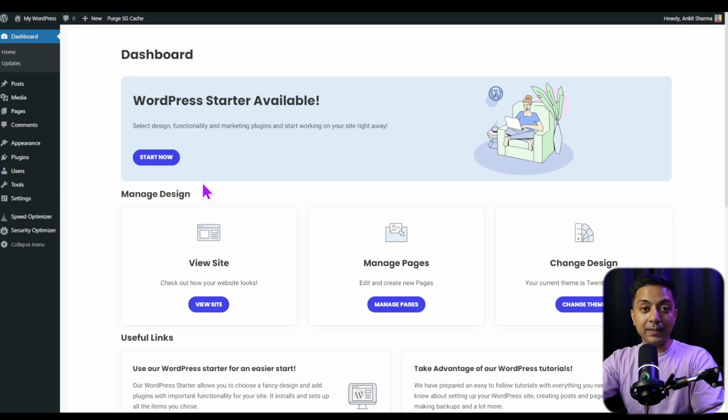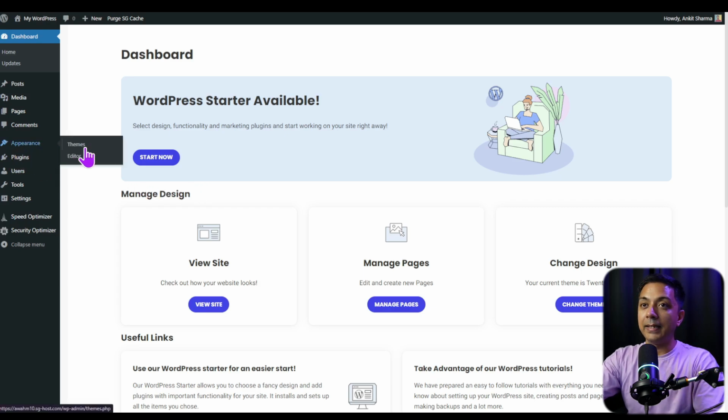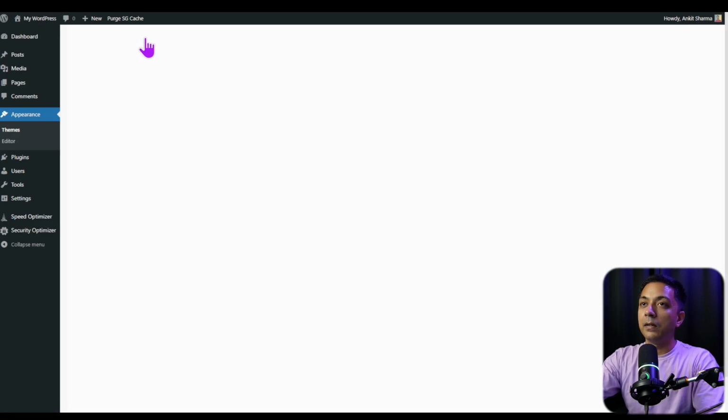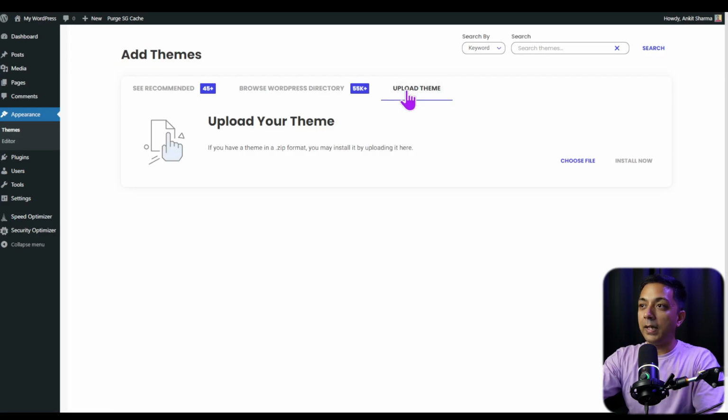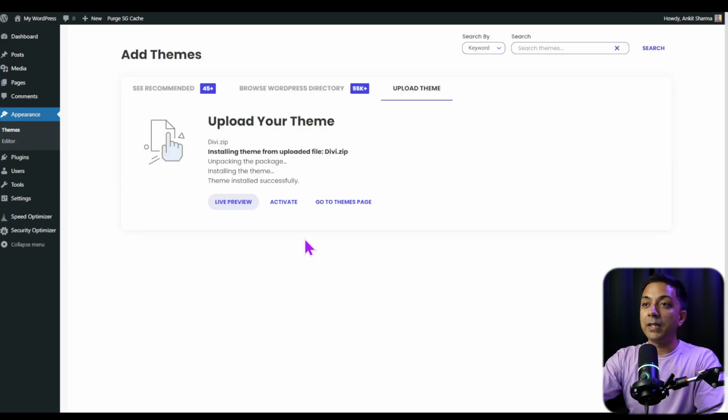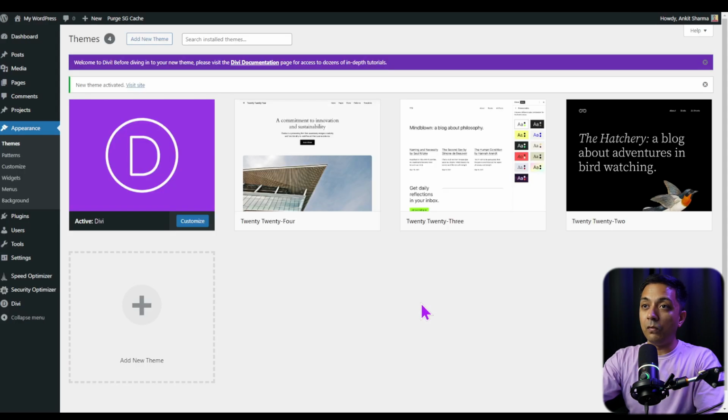And in order to install this theme, we need to go to Appearance and then click on Themes. And here we need to click on Add New Theme. And then go to Upload Theme and choose the zip file that we have just downloaded. And once we select the file, let's click on Install Now. And after that, we just need to click on Activate, and boom, we now have the Divi theme installed and activated